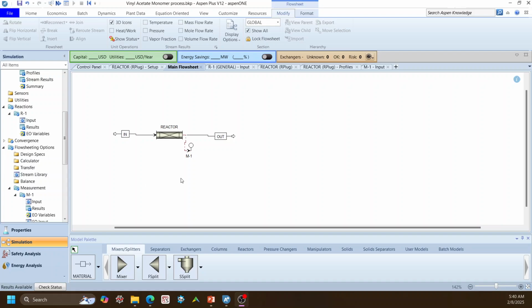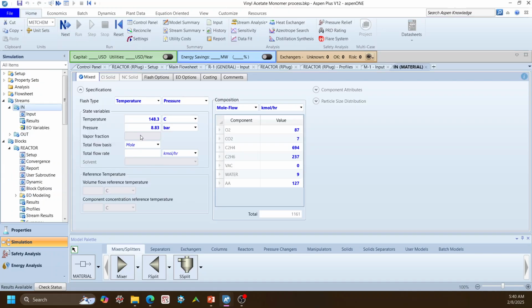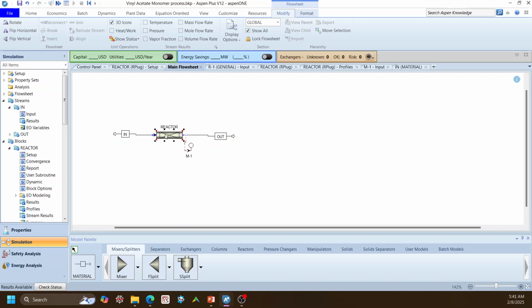Okay, now we get to a very simple reactor where we define the vinyl acetate monomer process. We can see the inlet stream. We have about 148 degrees C, 8.8 bar with this composition. We have oxygen, CO2, ethylene, ethane, vinyl acetate, and then water, and then acetic acid. So basically, when we go to the flow sheet again, and then what's in the reactor is,